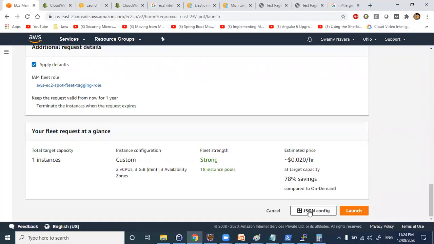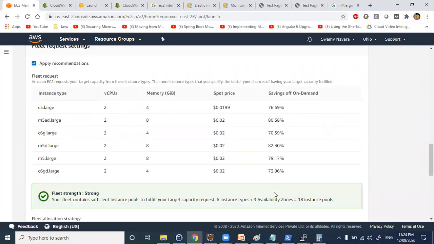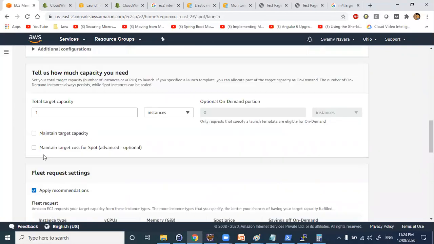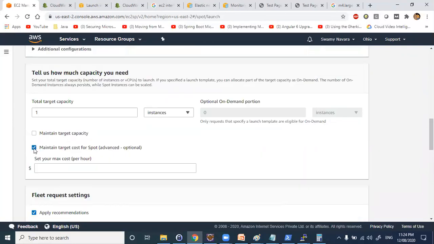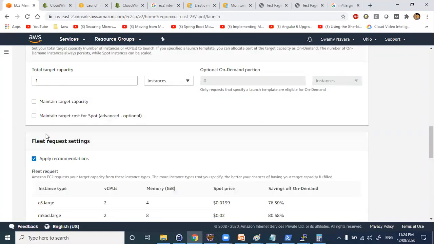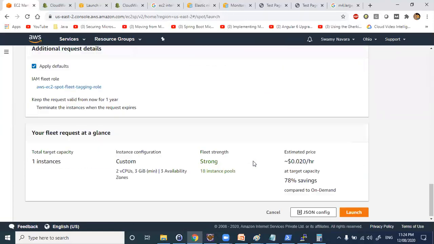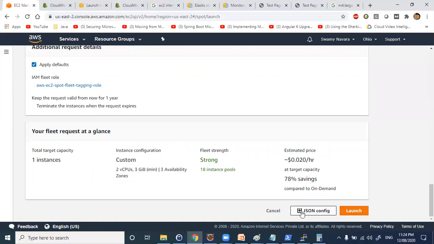Okay. So will this kind of script be there for every feature we use? See, for the spot instance, they changed the options recently. Earlier, the option for maintaining the target was under this fleet, but now they removed it and kept it under this option. Like that, these are changing randomly. So whenever they change this, the JSON config will also change. You can see this in the REST API documentation for the AWS CLI.